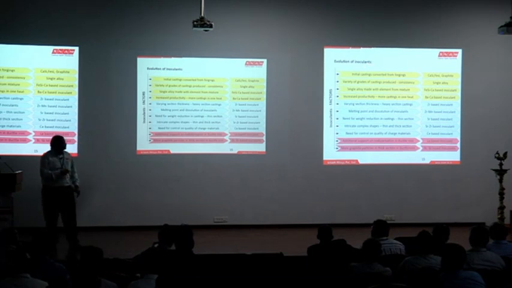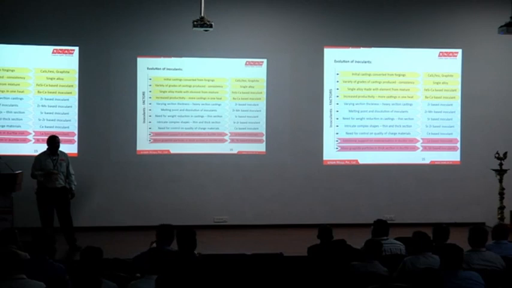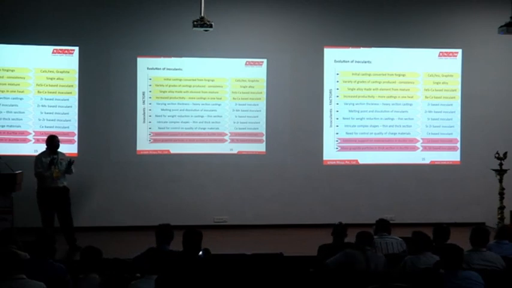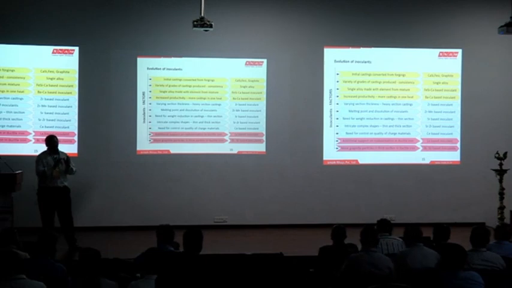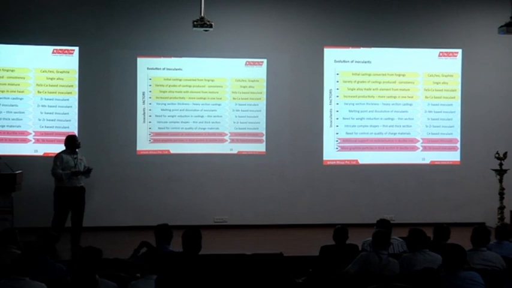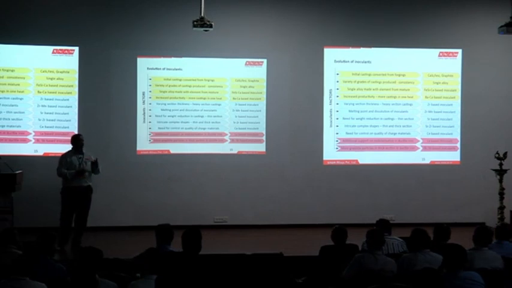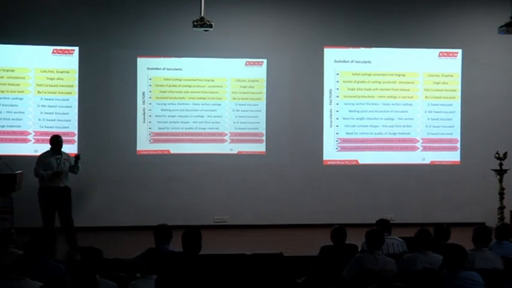Just made a synopsis. Initially, castings got converted from forgings, from components which were forged. When we tried to match the same elongation and the same yield strength, but compromising something on the strength, people started converting forgings into castings. That is how some of the steel grades can be directly replaced by a cast